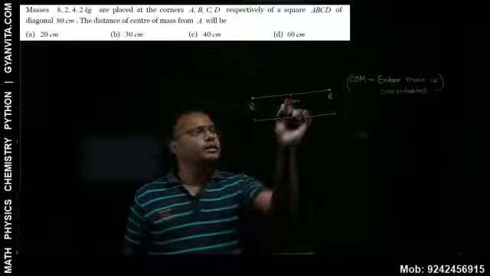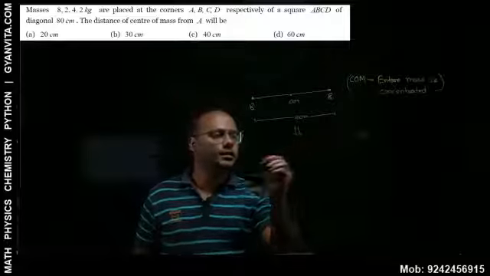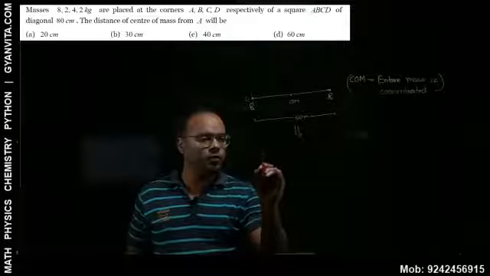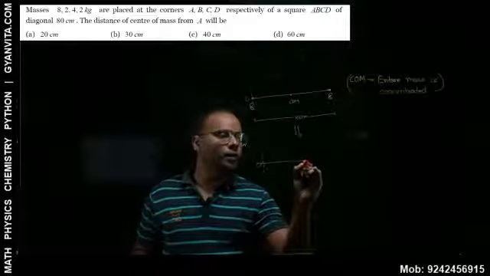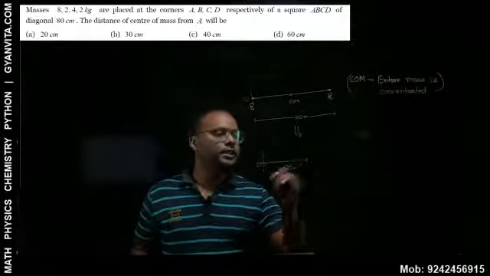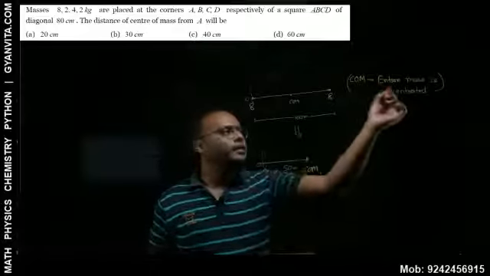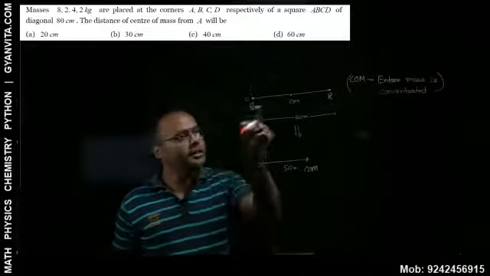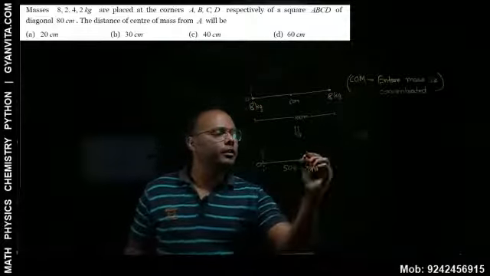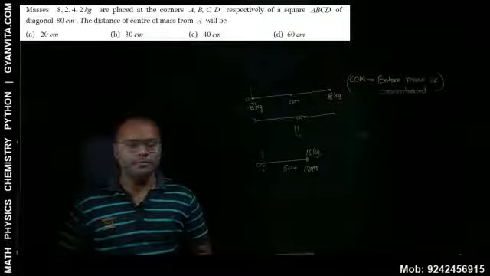So this system is nothing but, we can consider that there is a point, suppose this is origin O, then from origin O, if we move around 50 meters, then at this point, the center of mass will be there. And what will be the mass which will be situated there? It will be the entire mass. That means if it is 8 kg and 8 kg, the mass which will be situated here will be how much? Will be 16 kg. Is that clear? Yes, sir.